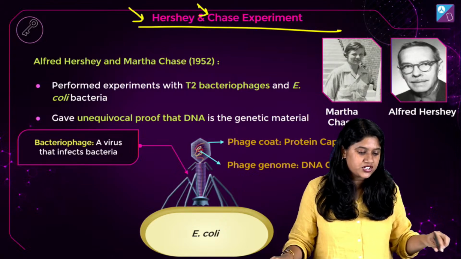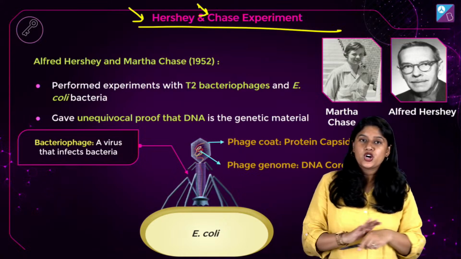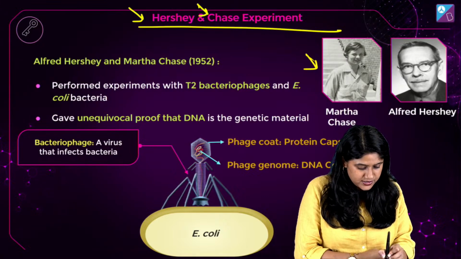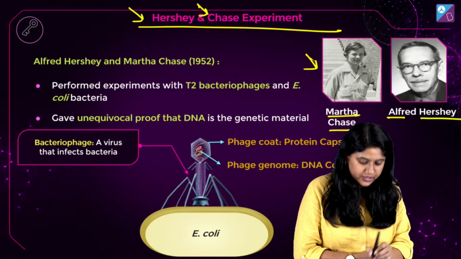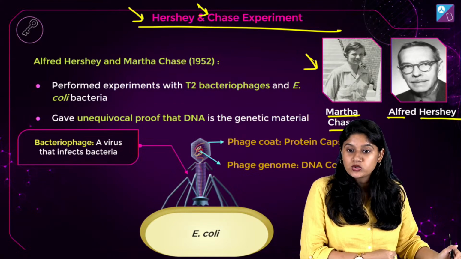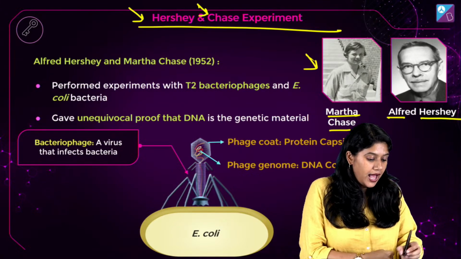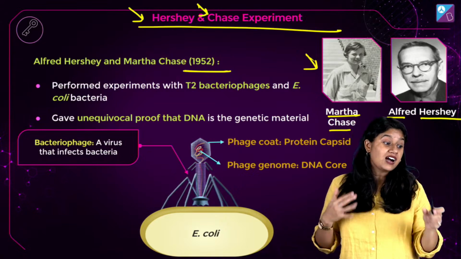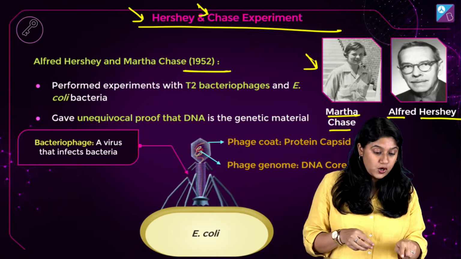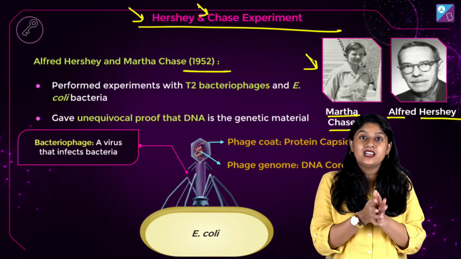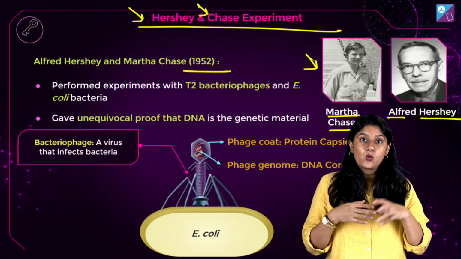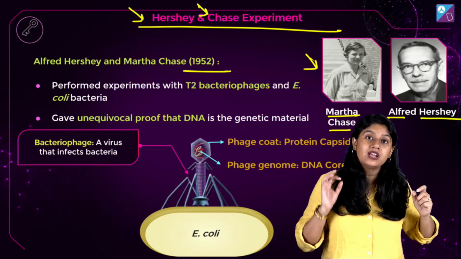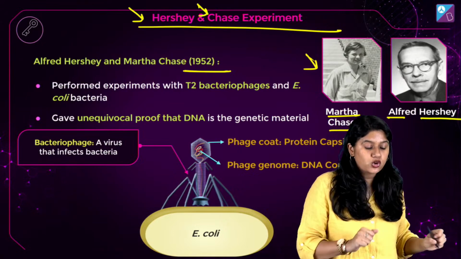Hershey and Chase. वो Hershey syrup वाला हम नहीं बोलेंगे उसको, but yeah, Hershey and Chase experiment, right? Of course we have Martha Chase and we have Alfred Hershey. Yes, these two are the important names that we will be remembering, and they actually did this experiment very close to the discovering of the structure of the DNA. So of course the year in which they did the experiment is 1952, and we know that Watson and Crick gave the 3D model of the DNA, the double helical structure, in the year 1953. So it's very close by, right?